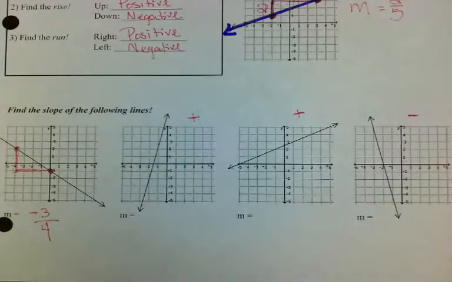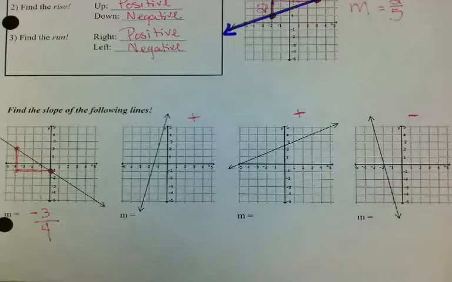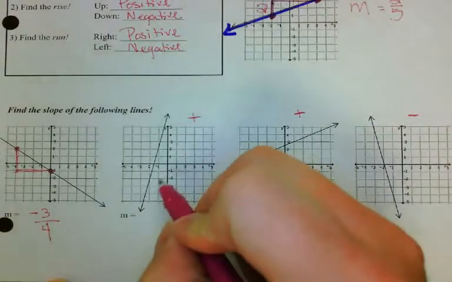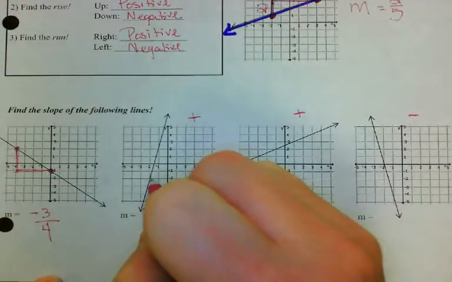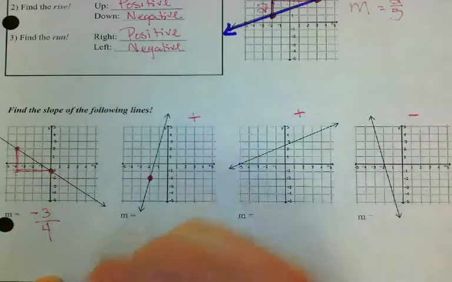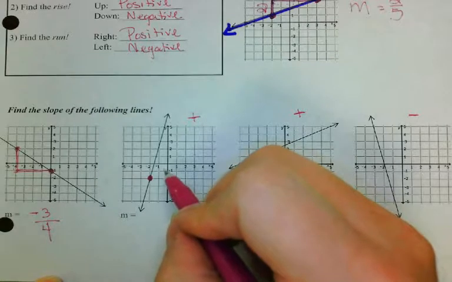Alright, so you guys, we should have paused the video, and right now you guys hopefully have solved these 3 problems. So we're going to go through them now and check your answers. Okay. So again, the first thing we want to do is find 2 really good points for us. So the 2 points that we want to use are (-2, -2), and then we're also going to use